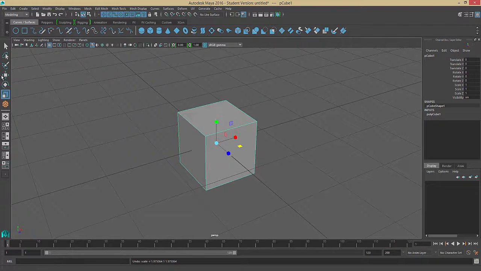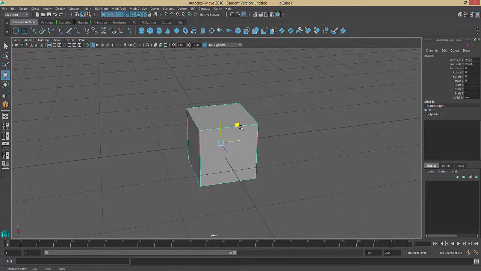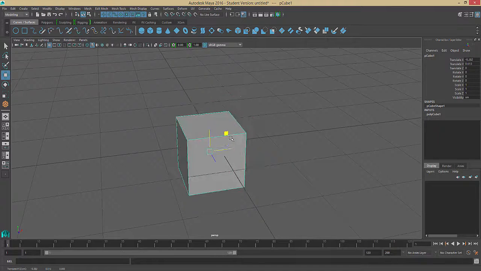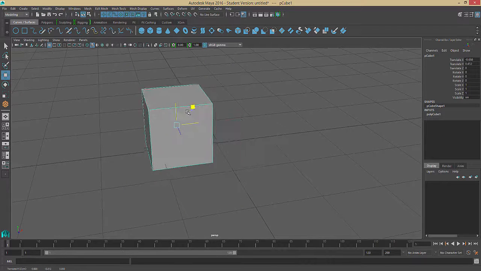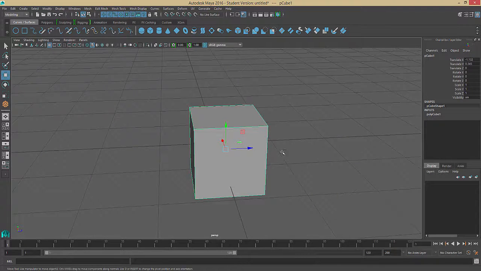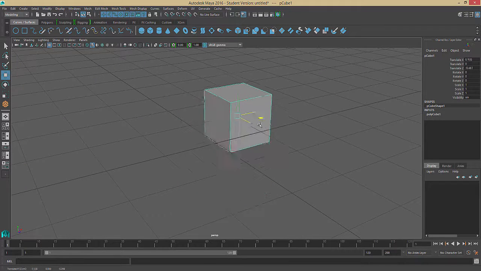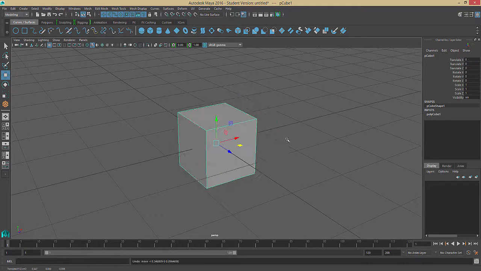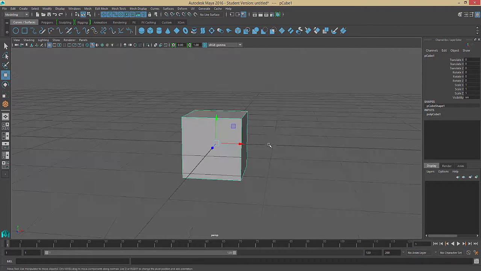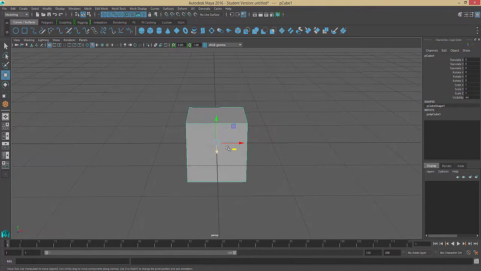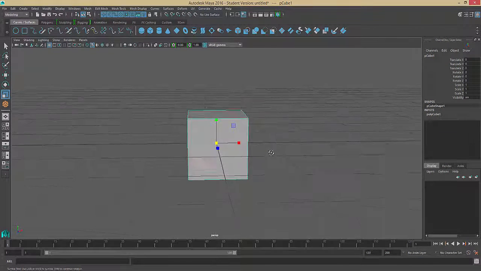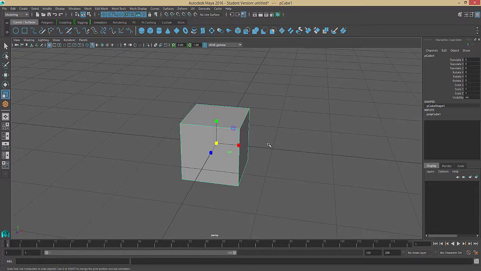And that's the same thing with your Move tool. You could just move in those positions only, and it will not move in Z. Or it will move in anything but the Y axes with that. So the pivot point being in the middle might be good for certain types of things, but typically you may